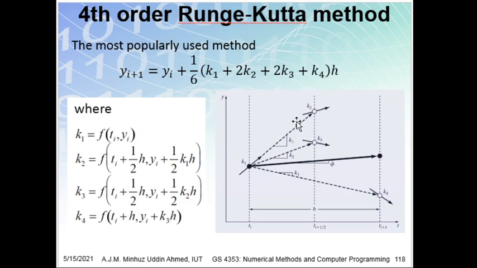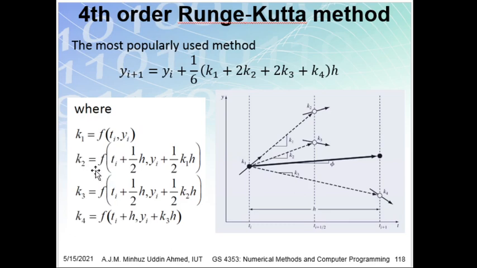Previously we have either taken the midpoint slope or the average of 2 slopes, but in this case we are taking this incremental function. At 4 points we will get the slopes. Where will these 4 points be? First is the initial point, as you know, and k4 is the final point slope, and 2 more additional